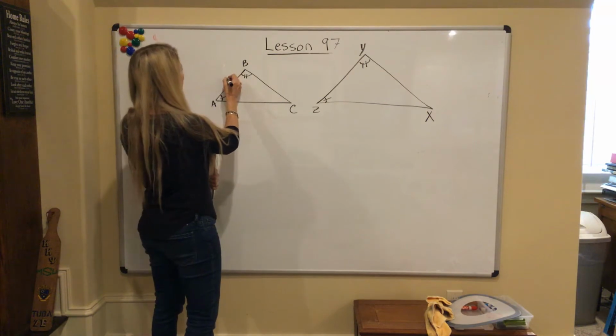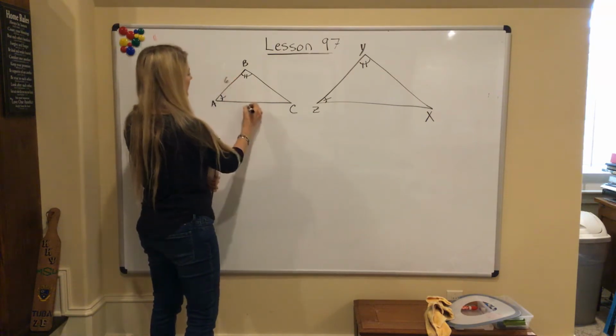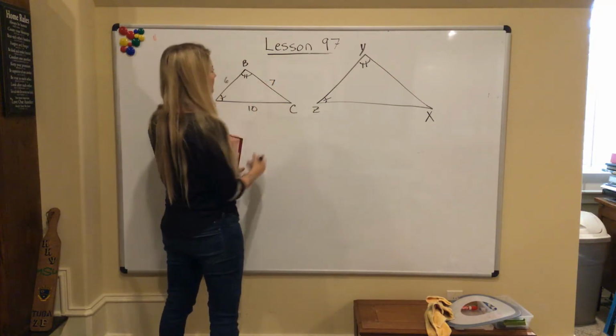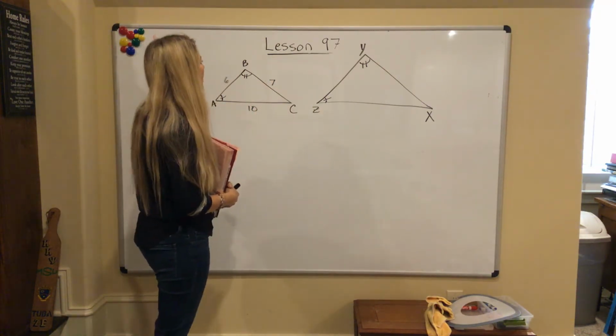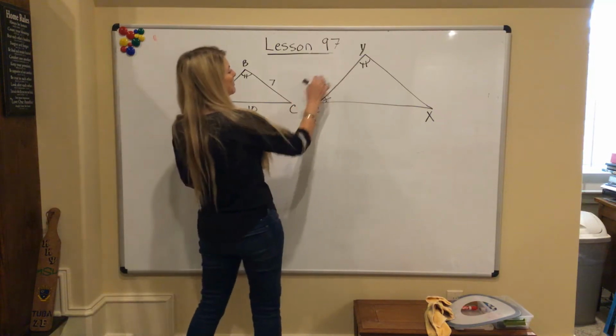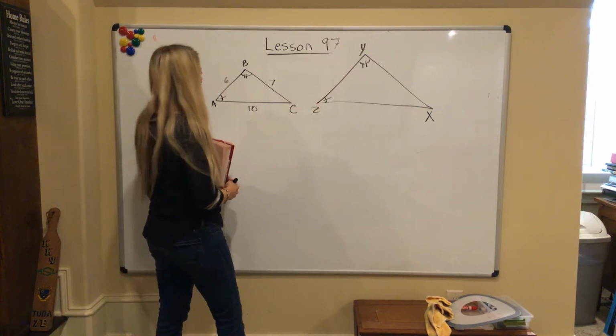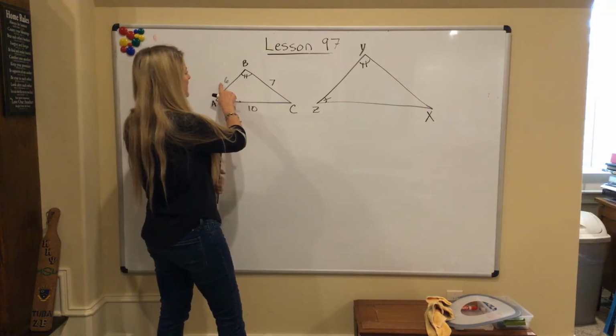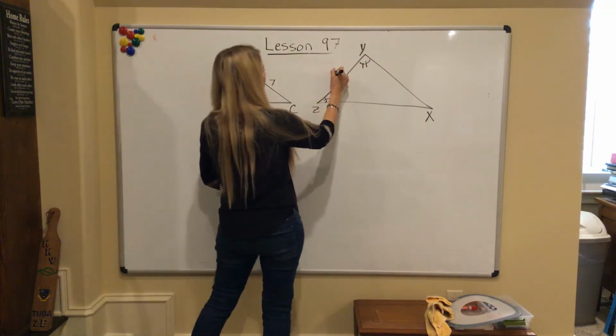So if I know this is 6 and this is 10, and let's say this is 7, all I have to know is one measure over here to figure out the other measures. So if this is 6 and this is 12,